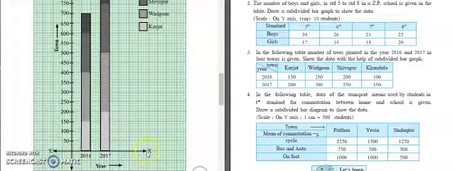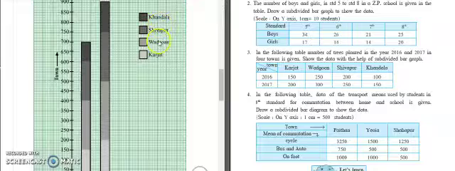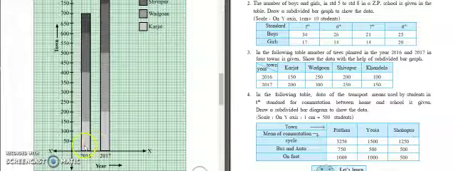So here take the x-axis and this is the y-axis. On the x-axis take the years 2016 and 2017, and on the y-axis take the towns. Now mark these towns with different colors. You are given 4 towns, so take 4 colors for different towns. Karjat is in light grey color, Vadgaon a little darker grey, then Shivapur more dark grey, and then Khandala is the darkest grey color.